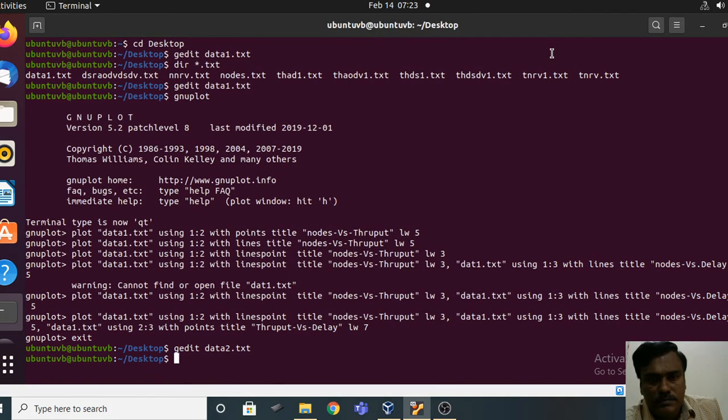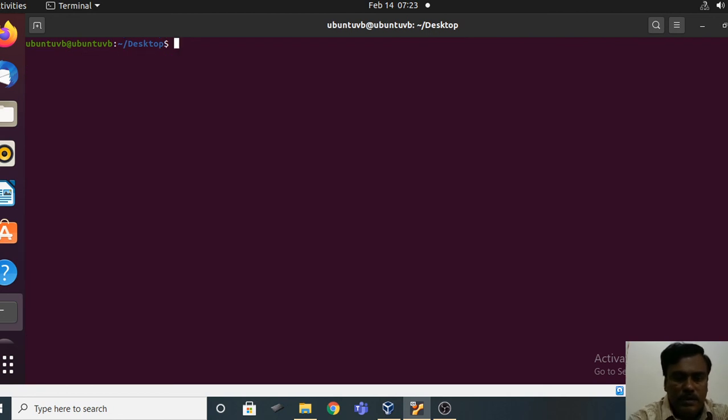After this, let me clear this here in the same line. After gnuplot, space, in the double quotes you have to give the name of the file where you have written your code. What is the file name that you have given?